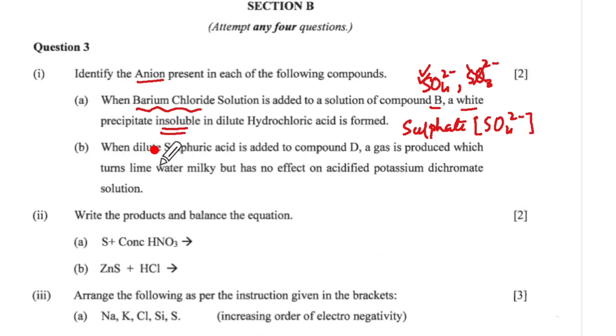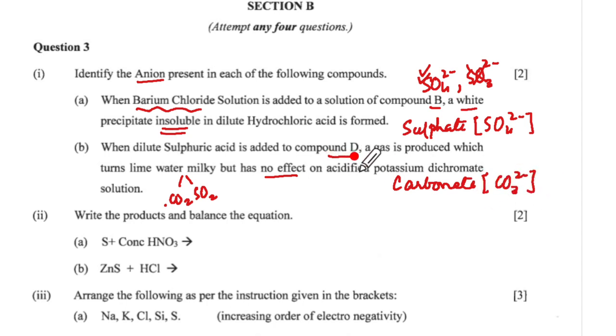Let us come to B. When dilute sulfuric acid is added to compound B, a gas is produced which turns lime water milky. Lime water milky means it could be CO2 or SO2. Now it has no effect on acidified potassium dichromate, which means it is carbon dioxide. So if it is carbon dioxide, it will have to have carbonate as the negative radical in compound B. We got the answers, we write them